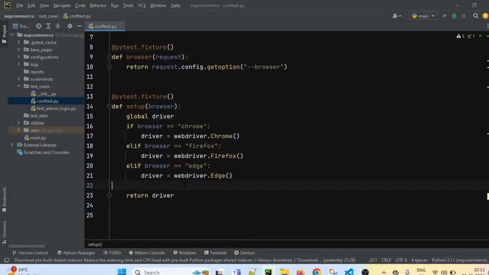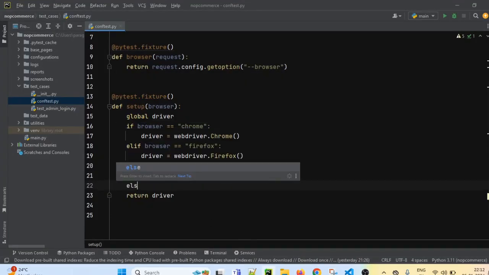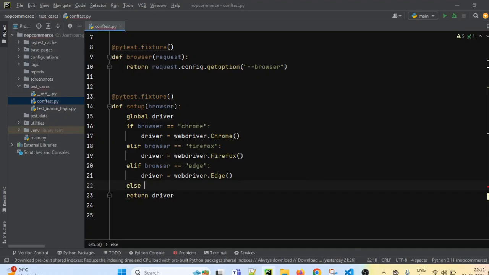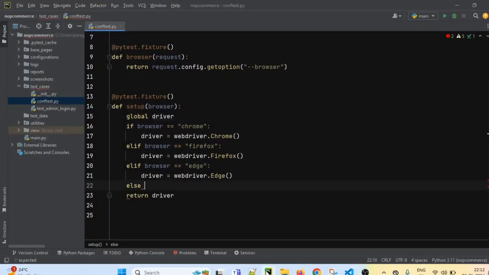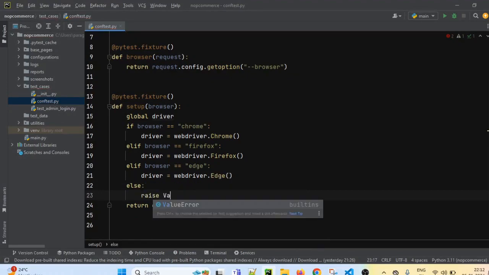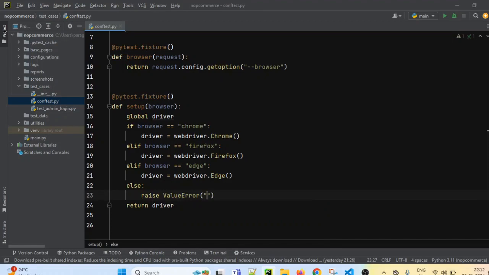So if all the above values fail, we add the else condition and raise a value error in which we pass some text like unsupported browser. That's it. So we have added all the code and it will return the driver instance.